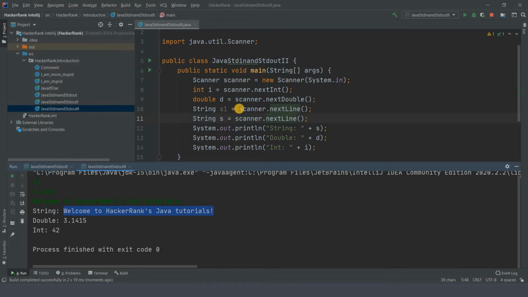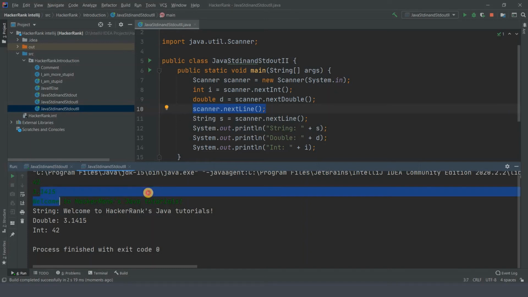So instead of using this big syntax, we are not using S1, right? So see, its color is also darkish. So you can just remove this variable. To remove it, just cut this thing. So we are just not storing it anywhere, but we are just taking the input, right? So this nextLine basically means that after this double, this line gets ignored. We are just taking its input and we are just not using it. And then this string is the one that we needed and which gets stored in S. In this way actually it works.